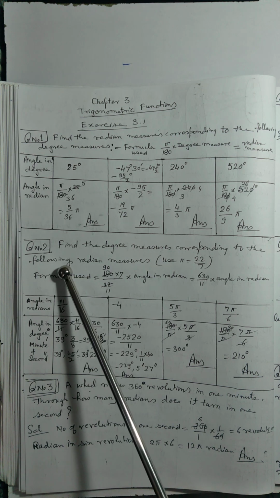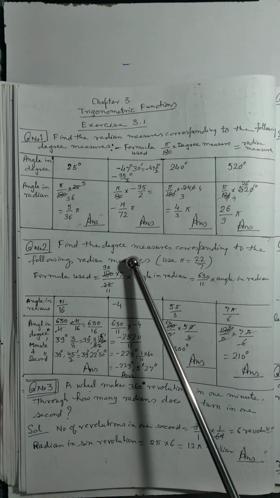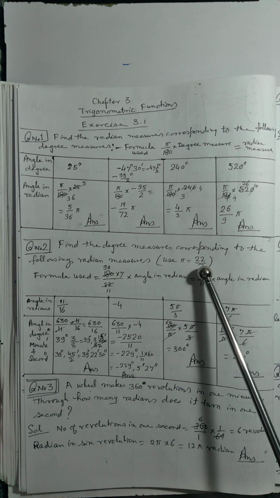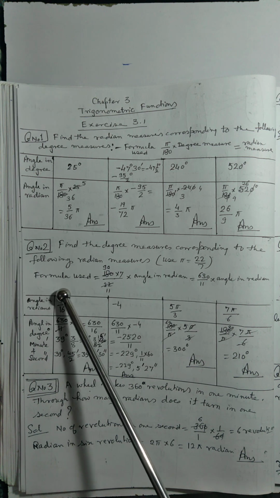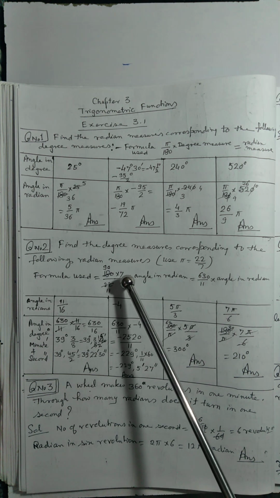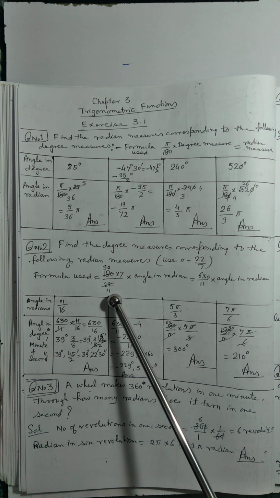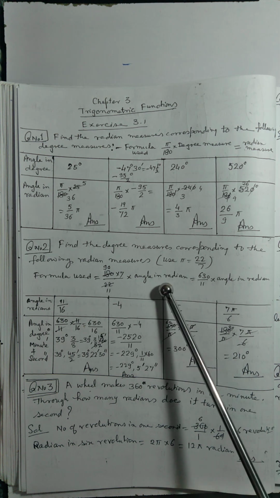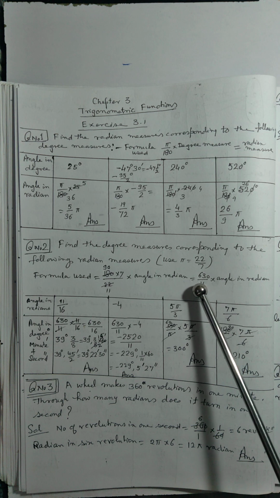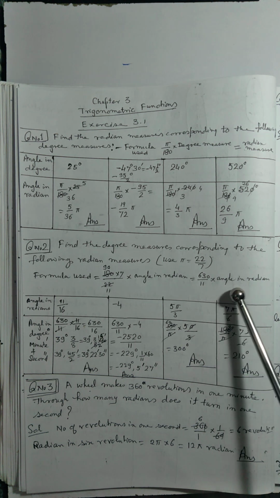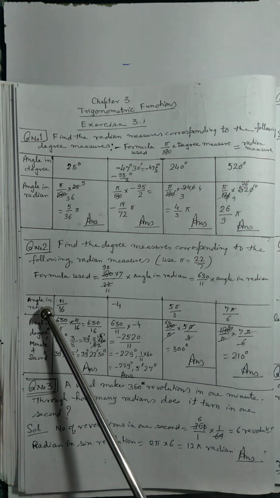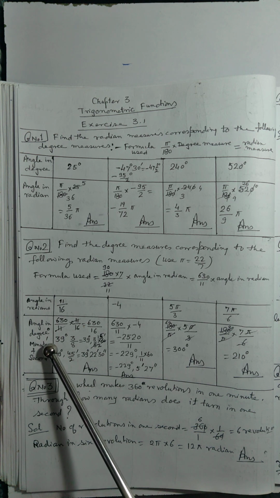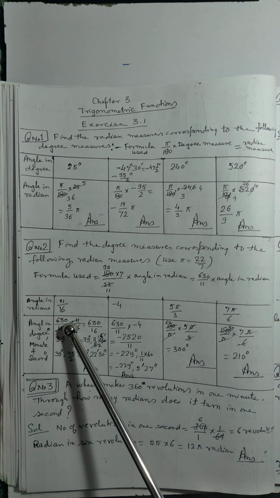Now come to the question number 2. Find the degree measure corresponding to the following radian measure. Use pi is equal to 22/7. Here the formula used is 180/(22/7) into angle in radian. If further solve it, it will be equal to 630/11 into angle in radian. You see here the angle in radian 11/16. So the angle in degree will be